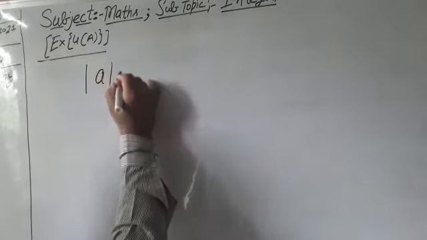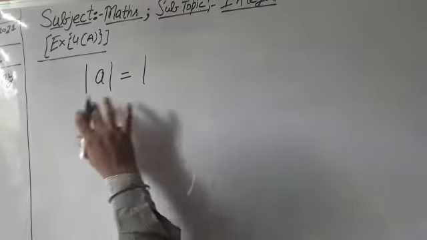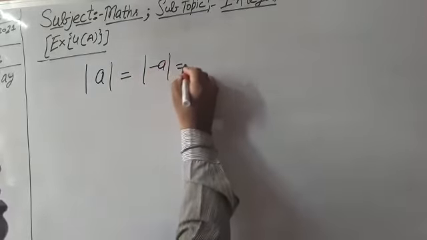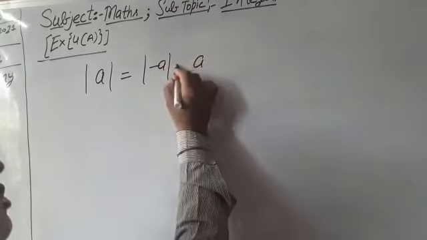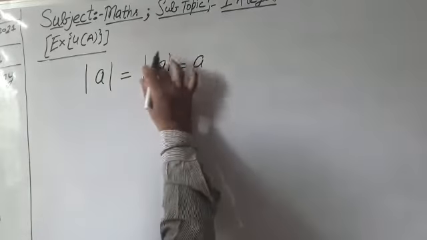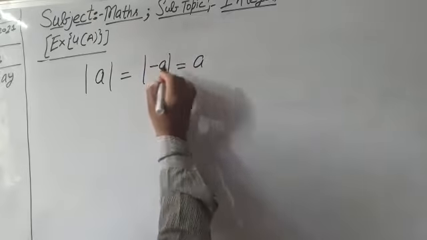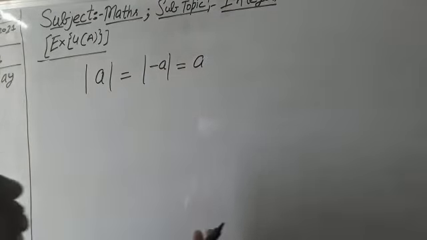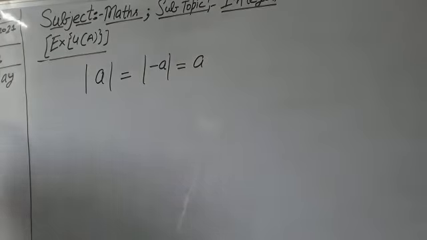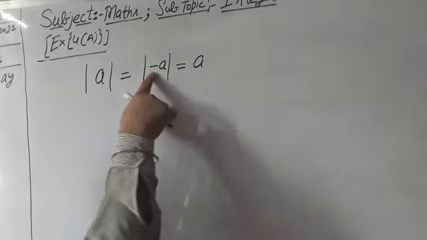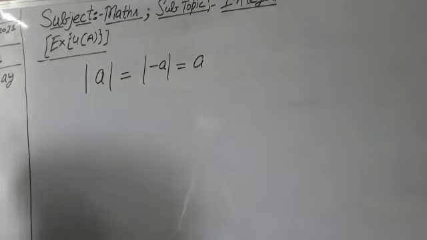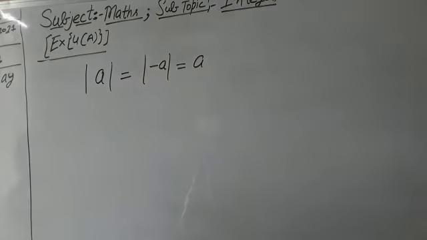because absolute value is nothing but this sign, modulus: mod of a, or mod of minus a, gives you only the value of a. We are taking only the face value. I repeat again, we are only taking face value. We do not consider place value, because if you consider place value, the sign is put before it. It means it shows the place value.